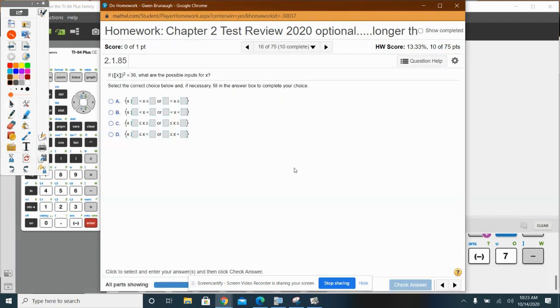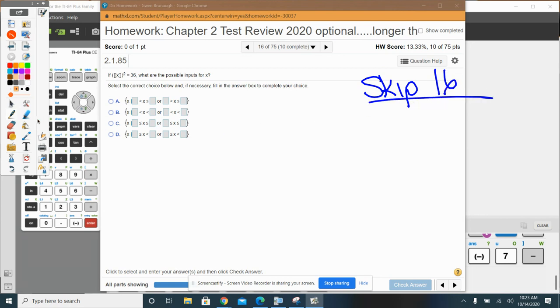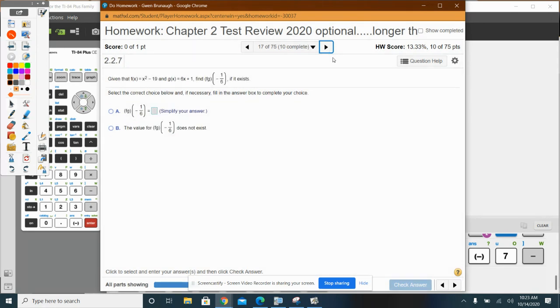Okay, that was a perpendicular one. This one I'm going to have you skip. You're going to be able to skip question 16. I don't need you to do question 16, and maybe somebody will post that in classroom if they catch it. But if not, don't do 16. Okay, 17. They wrote FG